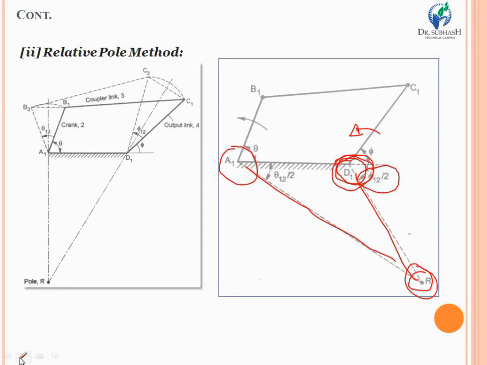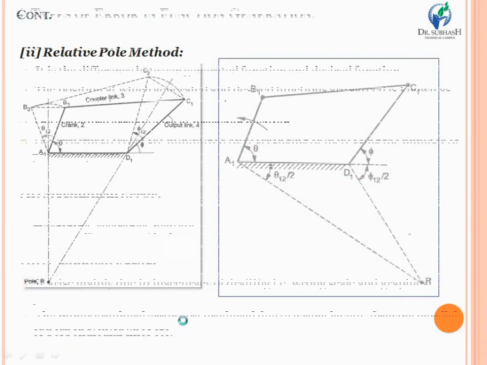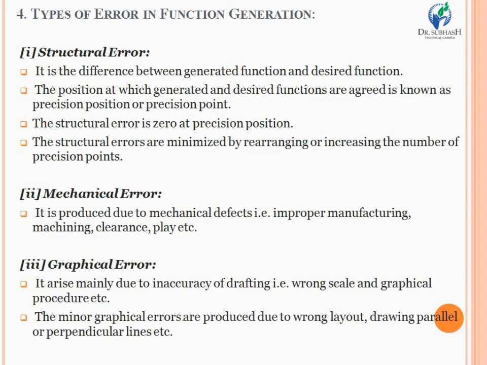So this was the relative pole method that we have discussed. After that, point number 4 that we are going to discuss is the types of error in function generation. That means whatever synthesis technique you are using, which kinds of errors are produced, that we are going to discuss. First and most important type of error that you find while designing through synthesis is